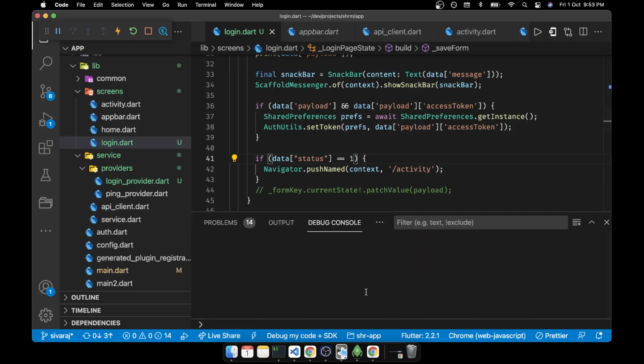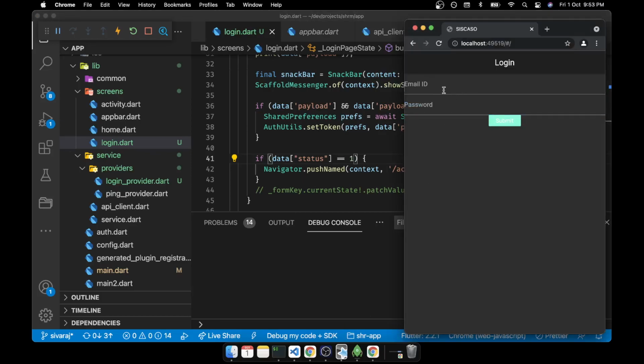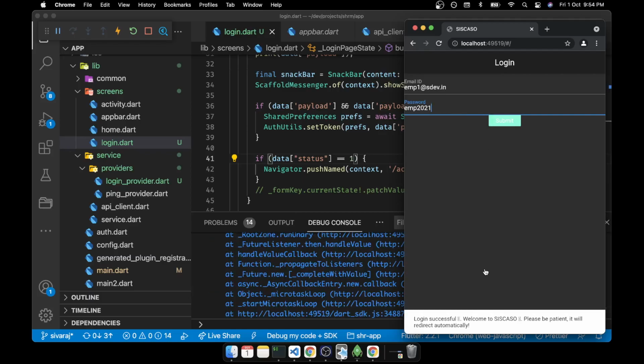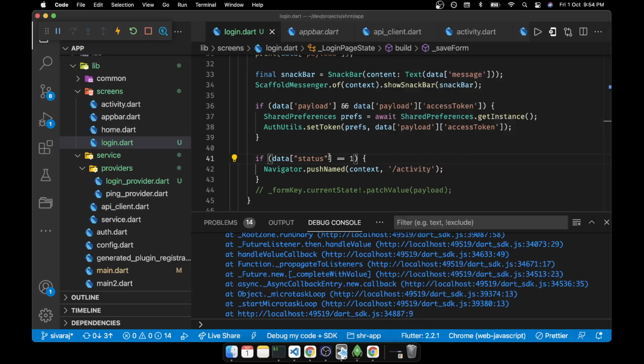We'll try to see where this particular error is coming from. emp1 at hashtag... successful came. So there is no problem with success.